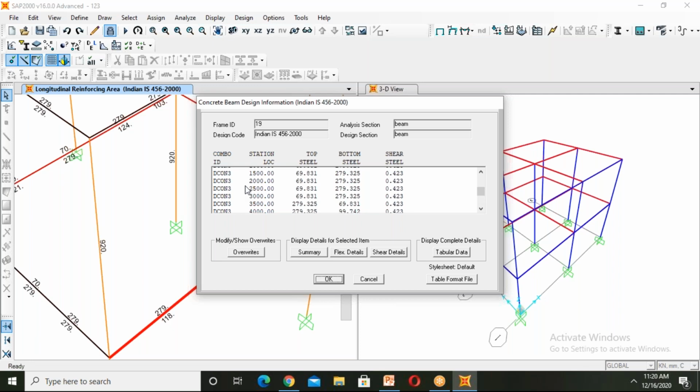These are all combinations for earthquake load and wind load. Based upon these combinations, the reinforcement should be provided. As a building or structure will be designed for 1.5 dead load plus live load, we should take reinforcement as 1.5 dead load plus live load.